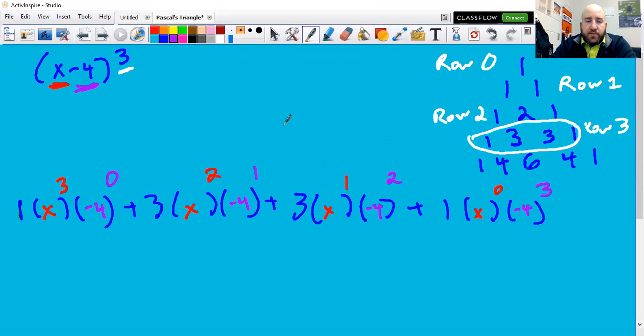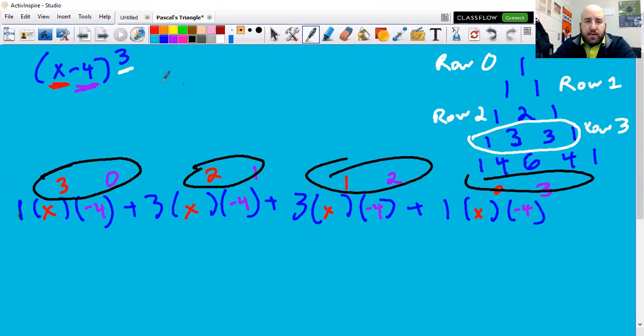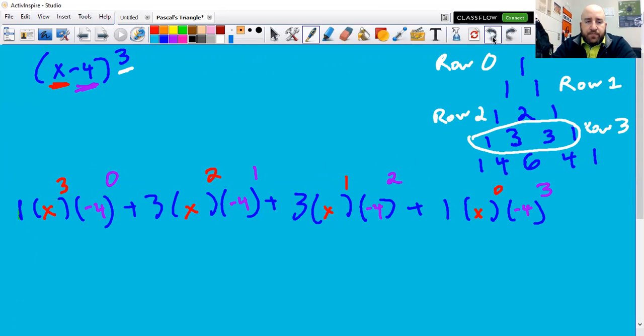So again, I should hit 3. I should hit whatever my original exponent is on the last one. And again, just as a check for your two exponents on each term, they should always add up to this. If they don't, you did something wrong. All right, so again, the explanations seem kind of long, but we've already got our first 4 steps